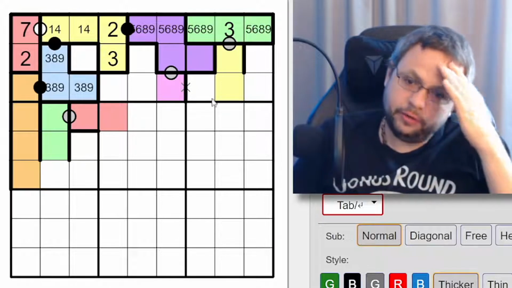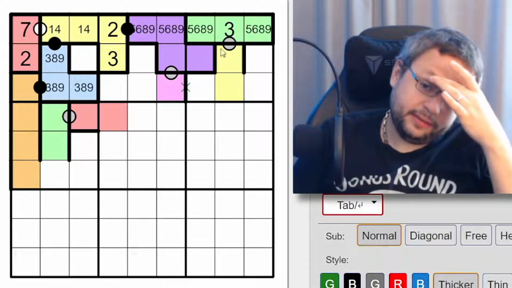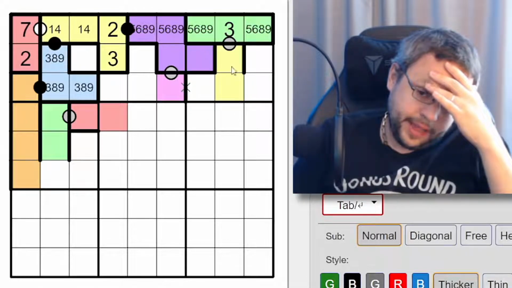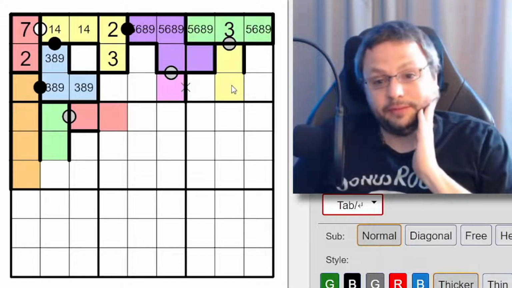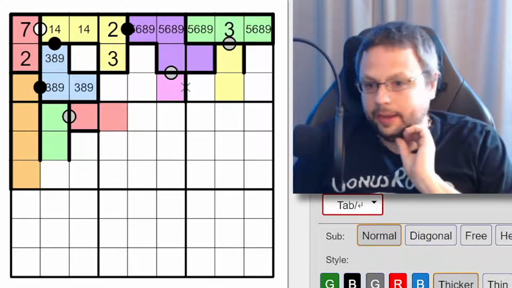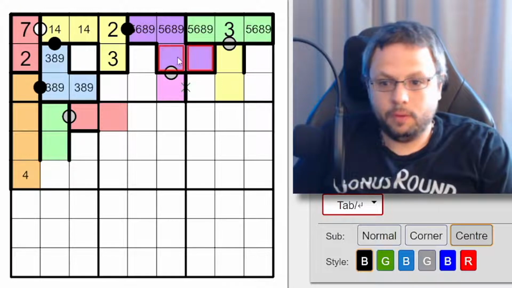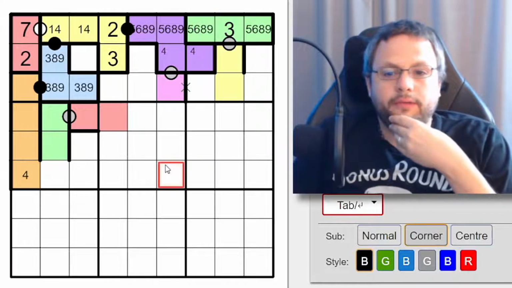Yellow, unfortunately, could take... I'm noticing if I make this a white dot, it's impossible that yellow has size 2. And then it also is impossible that yellow has size 3. So then yellow has to have size 4 or 5 as soon as that happens. By the way, I know I should mark that there is a 4 in one of these corners. Okay, so